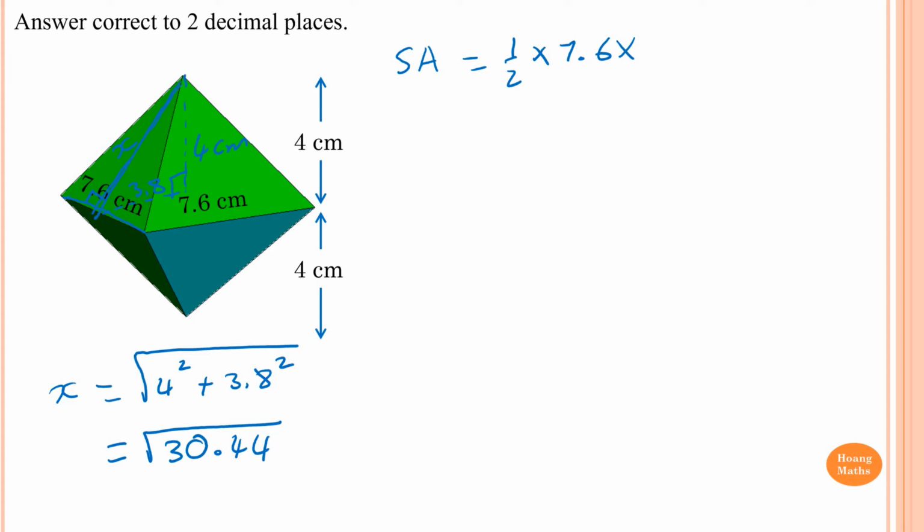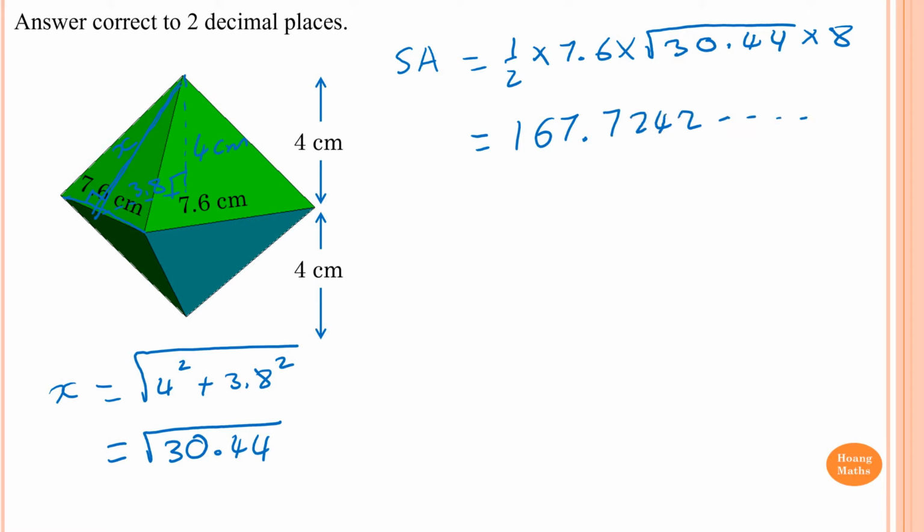So x is square root of 30.44, of course. And then you have 8 sides all the same, so it's times by 8. And then I put that in a calculator, which give me 167.7242 and so on, because we want to round to correct to 2 decimal places,